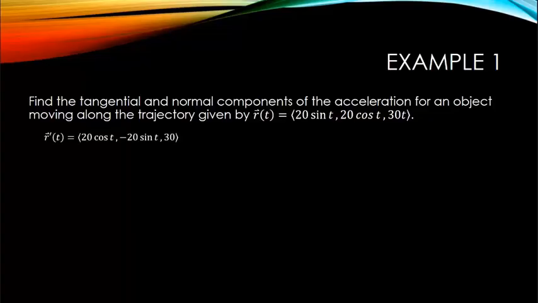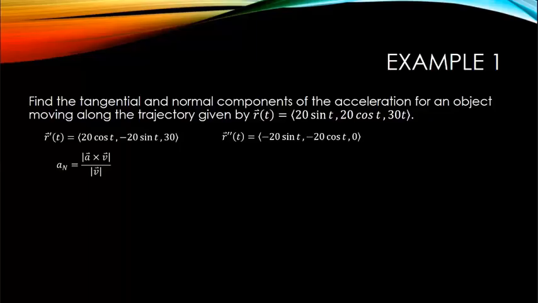r prime of t, which is my velocity, is a vector with components 20 cosine t, negative 20 sine t, and 30. The second derivative of my trajectory is the acceleration. This is given by a vector with the components negative 20 sine t, negative 20 cosine t, and 0. The normal component of the acceleration, a sub capital N, is equal to the magnitude of the